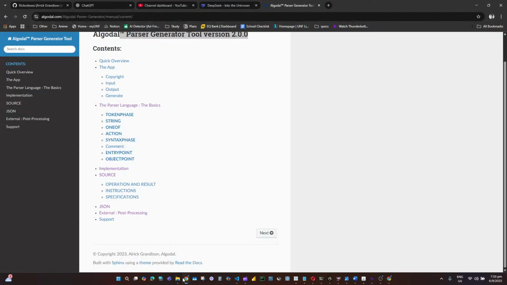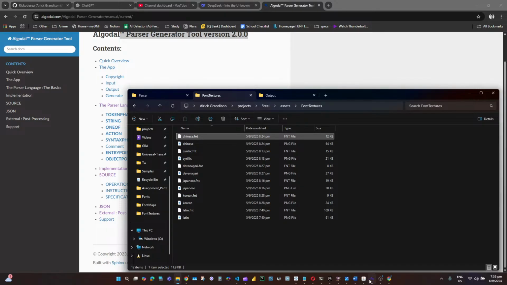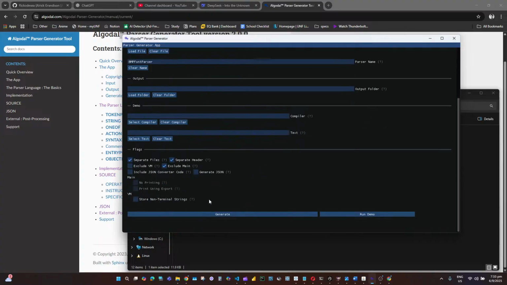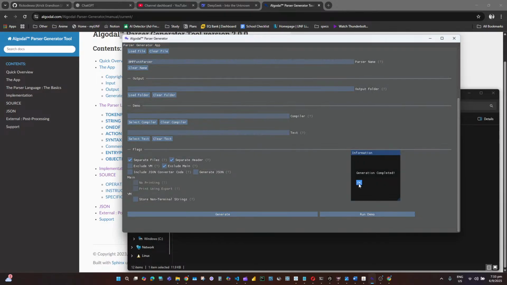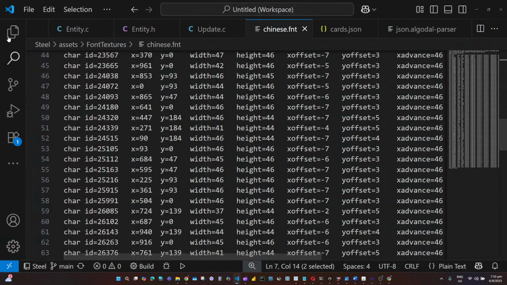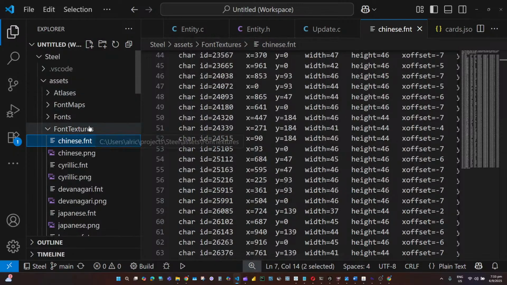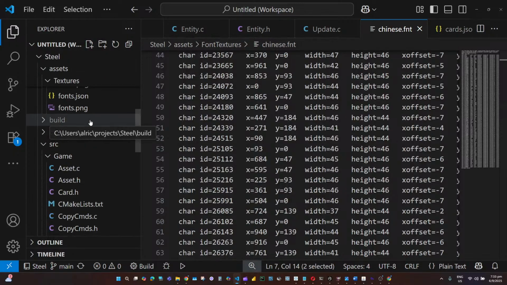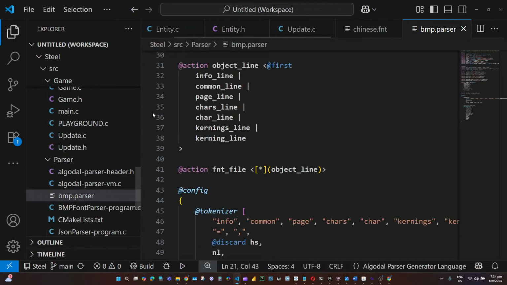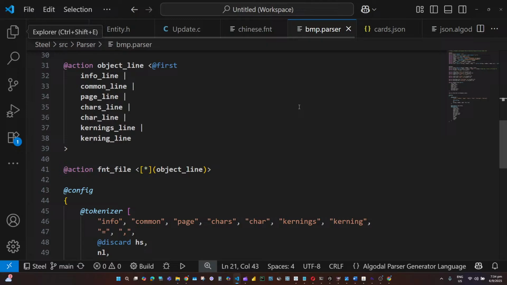So here's the parser. So here it is, the BMP parser. I wrote the parser, I plug it in, and I basically just hit generate, and it generates the parser code. And let me show you the parser code. Here is this, and